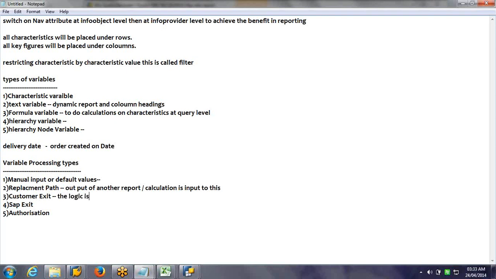The logic is in the code, in the user written code. That's why it is customer exit. With SAP exit, it is populated according to the logic given by SAP.